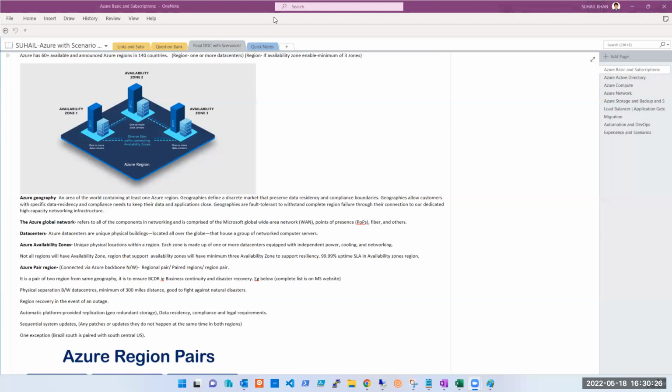Exactly. Availability zone is representing one of your physical buildings, one of your data centers. It is not a virtual thing. It is representing your building. ये इस building को represent कर रहा है availability zone 1, इस building को AZ2, इस building को AZ3. So you cannot create one. Okay. Let me go to portal now and